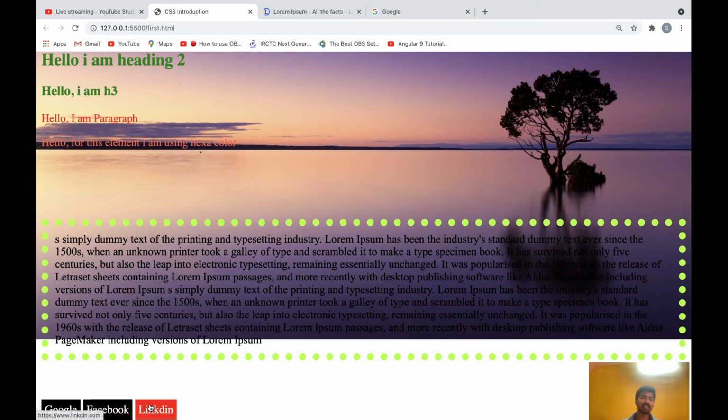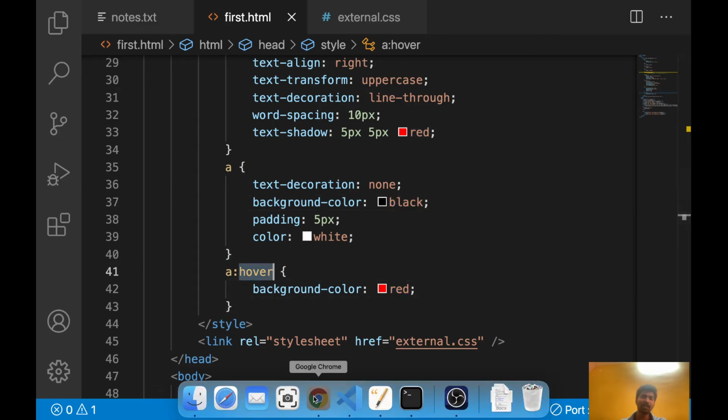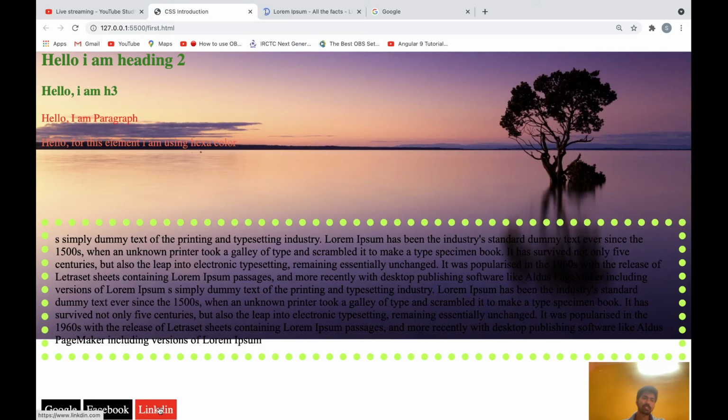Okay, so this is about links. You can decorate like this. Here I have used text decoration none, means for removing underline. By default underline will come for links, so I don't want that underline, so I have removed that. Background color, for applying background color. Padding means around the content I want to give some spacing, so I used this one. Hover means when I hover on the element, I want to change the background color from black to red, then we can use this hover part. So like this.